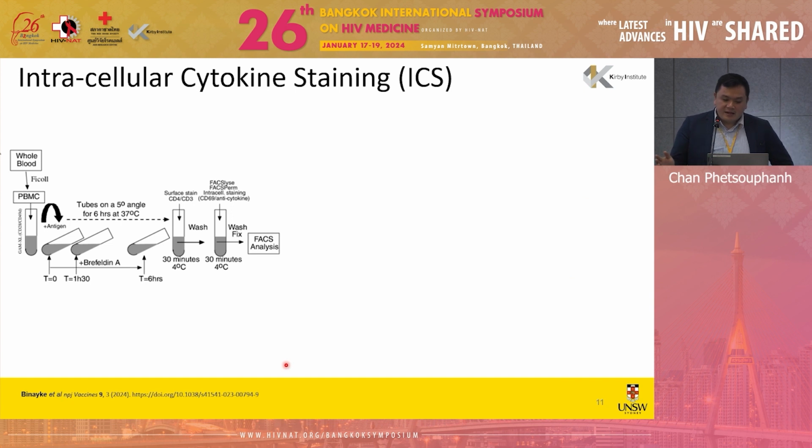And so the next assay is the intracellular cytokine staining assay. And this is a fairly straightforward assay you can do within 6 hours. This uses PBMCs that have been separated from whole blood. You put it in a 5 ml flow tube, add in a monoclonal antibody to CD28 and 49d to help with co-stimulation of these T cells, because in the short time frame, the antigen presenting cells are not able to perform that co-stimulation that's required. You also add in your antigen, give it a bit of vortex,